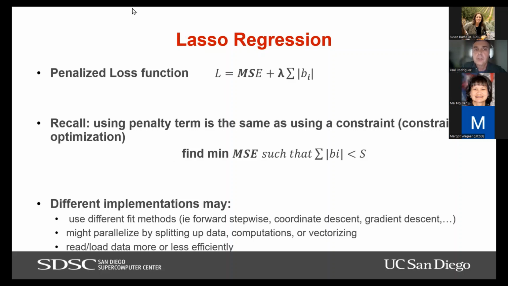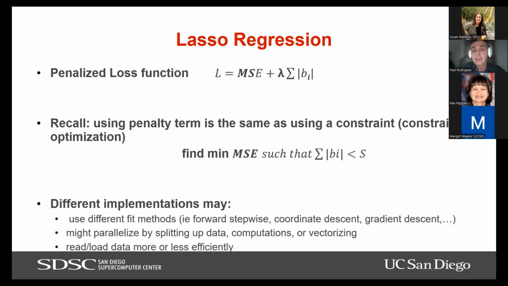Just to remind you, or give you a sense of what lasso regression is all about: lasso is basically linear regression plus a penalty. People think of it as a penalized loss function. In linear regression, we're minimizing the mean squared error. Here, you're minimizing the mean squared error plus some penalty on the size of your coefficients. But using a penalty is the same as using a constraint on your problem, so it's really a constrained optimization problem.